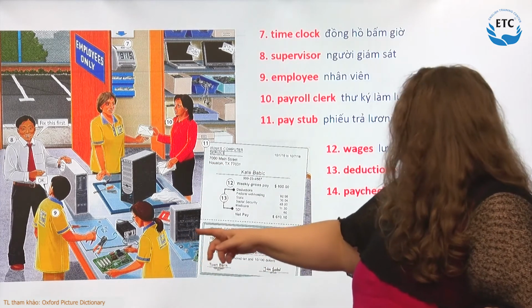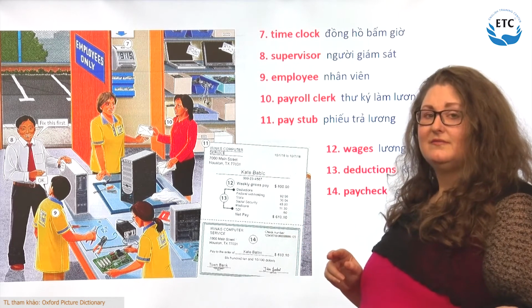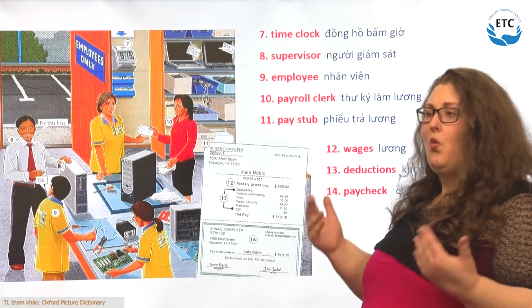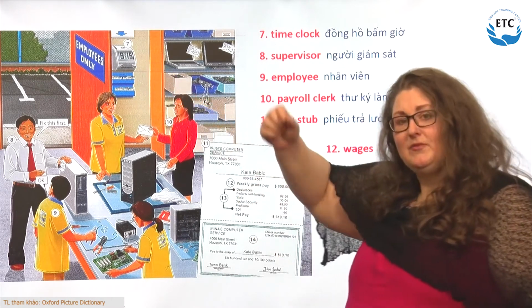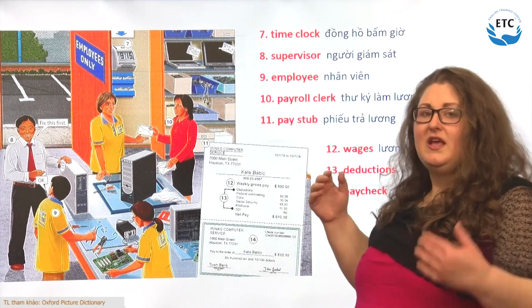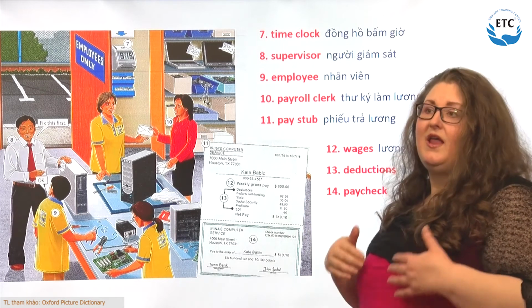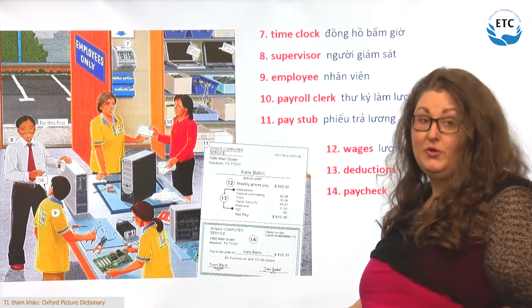And we see right here, this is a time clock, right? Now, what do you do with the time clock? When you come in, you have to take one of these things, put it in the time clock, and then it will print the time on the payroll stub, and then your boss will know what time you've come to work and what time you leave.